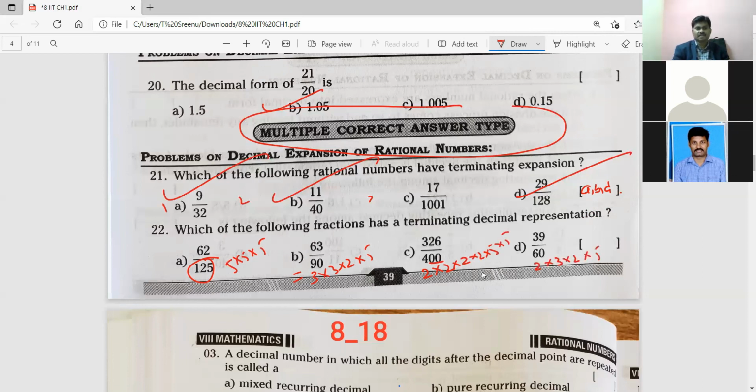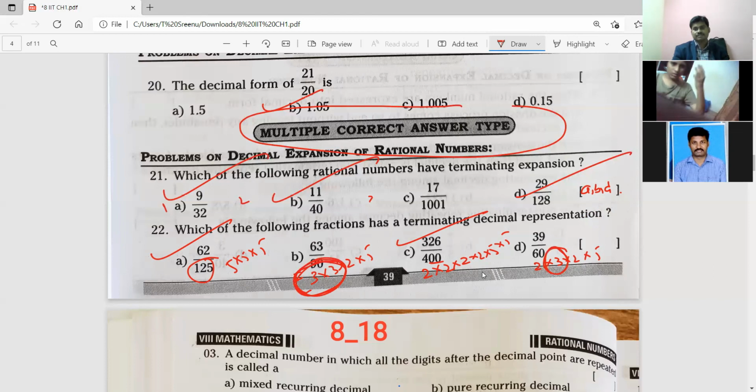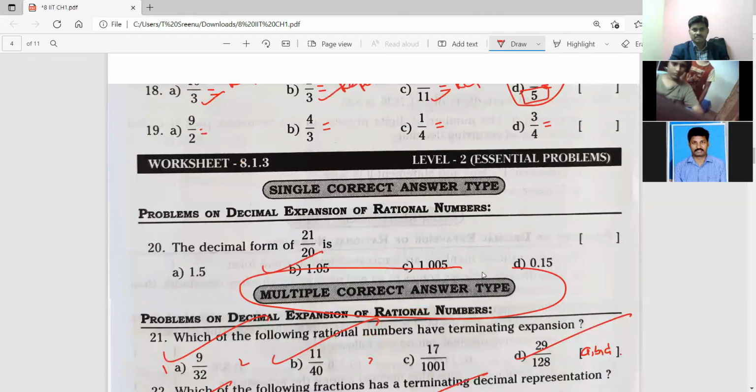Yes, please check, Avinash and Sandeep. First one, okay. And third one, okay. Second one, no, because what is there here? 3. And here also what is there? 3. That's why. Okay, now only first and third. Understand? Okay. Yes, sir. Please take the screenshot and next page also I'm opening.